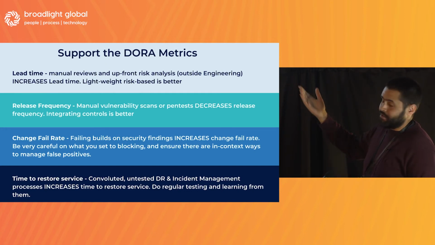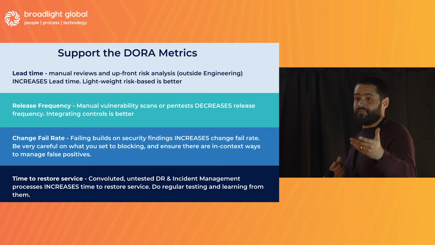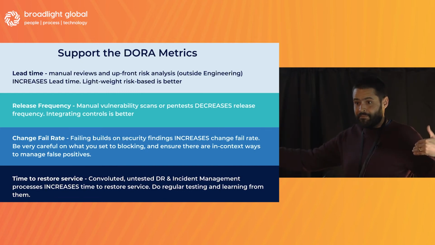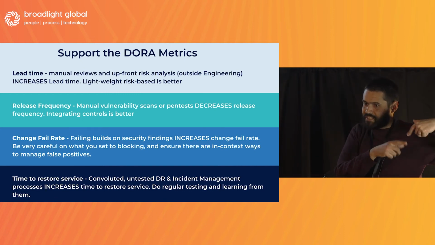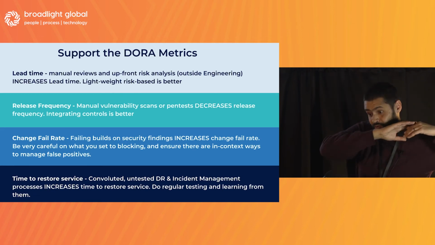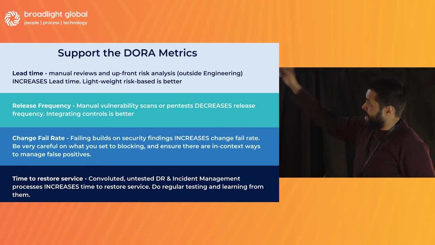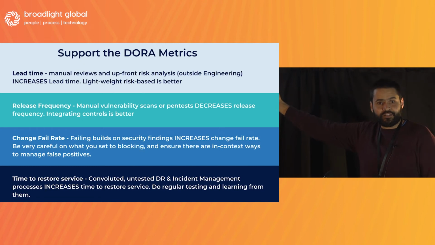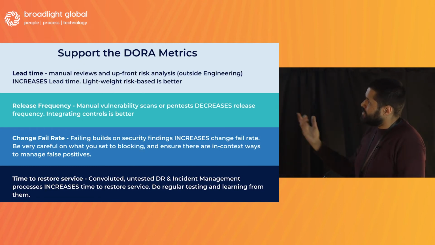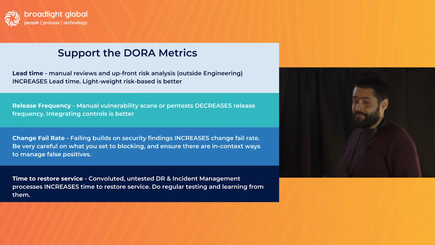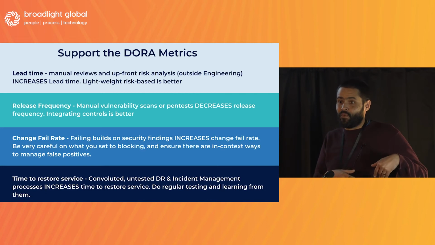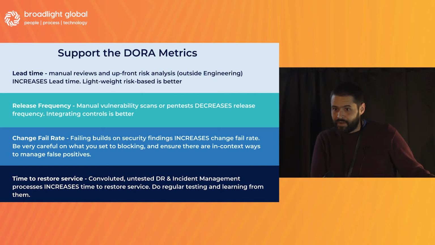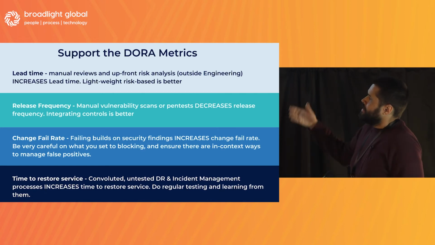So lead time, right? Every time we do manual reviews and wait for people, that's going to increase the lead time. If I don't have an integrated process of these kind of high-level risk assessments that go straight into sprint planning, then I'm decreasing this metric for the delivery organization. Same thing with release frequency. If I'm having to do manual security scans, etc., we won't be able to release as often because you're going to have to wait on someone else to actually deploy the code, right? That hurts that metric.